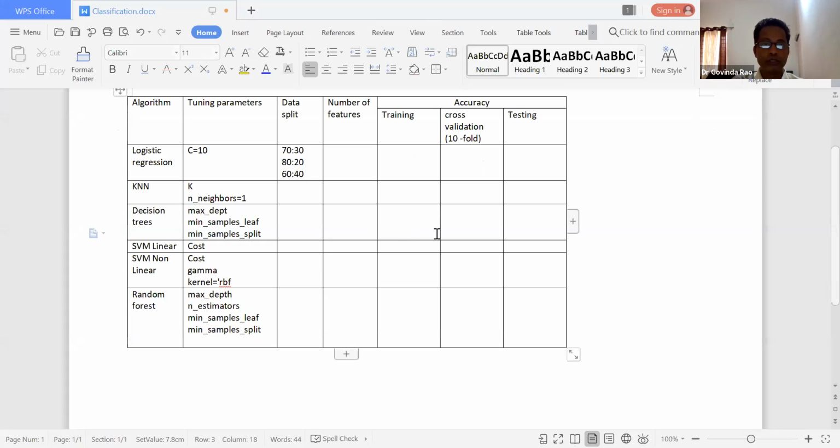Once we build the training on our 70% of your data, you will see our model accuracy, right? Then we are cross-validating within the training data by considering some folds, like 5-fold cross-validation or 10-fold cross-validation. Then we are seeing our model performance on our unseen 30% of your data.